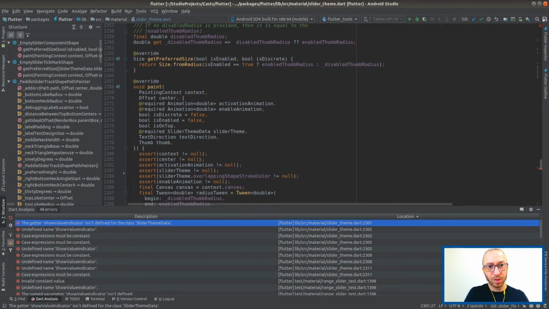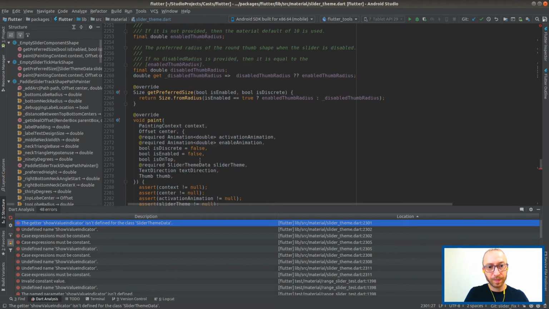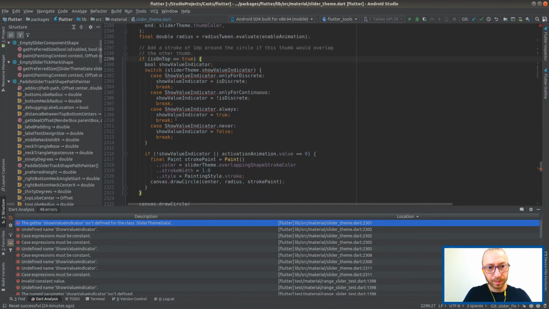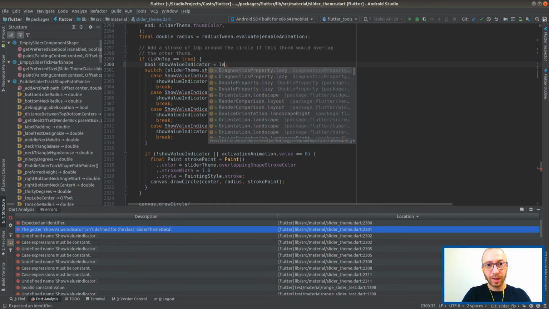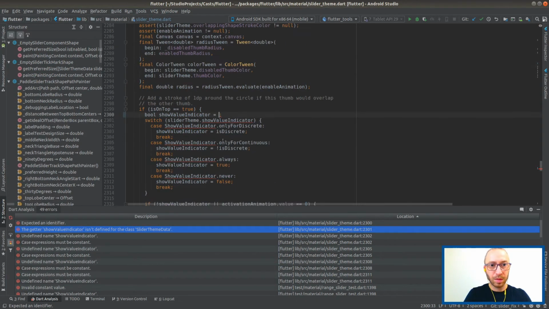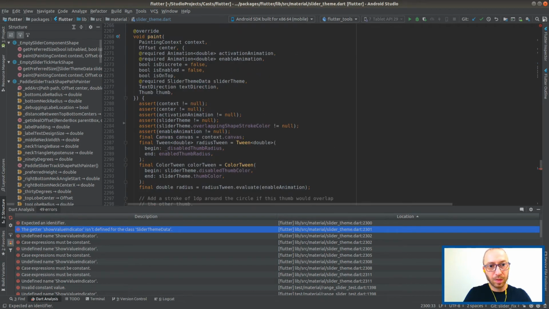How can I be sure? What I want to do here, because I think instead of checking the show value indicator, show value indicator would still be here, but it would be like a label. What was it called? Something like that.